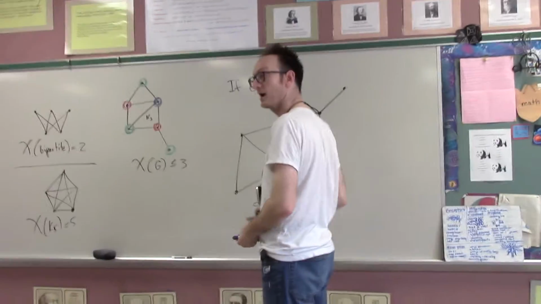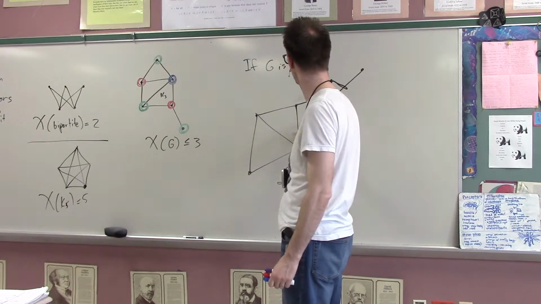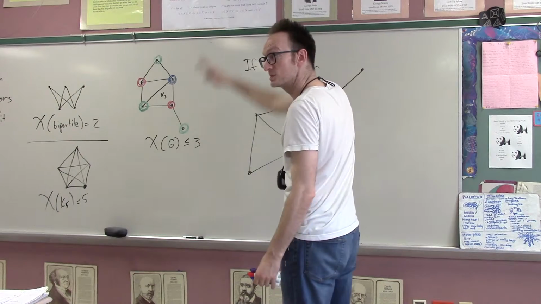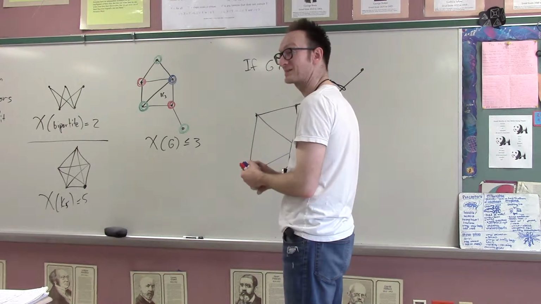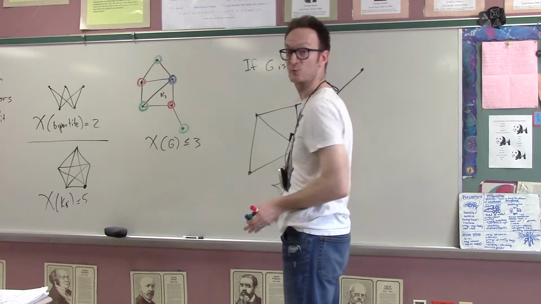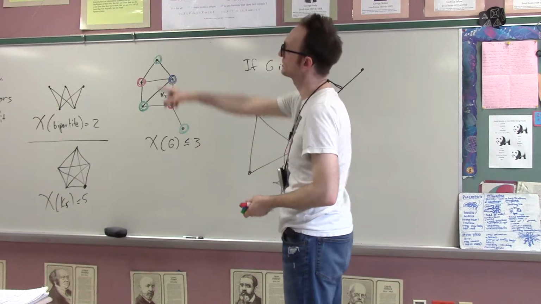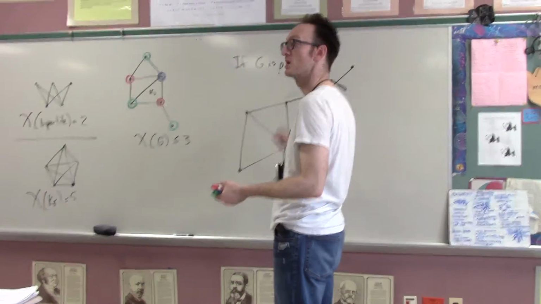Here it is. Okay, so the question is: if you have a planar graph, then you have a certain number of regions. Here we have 1, 2, 3, 4, and 5 regions on the outside. Now we can ask how many colors are required to color all of these regions. And what we have just seen is that the best way to answer that question is to produce the graph